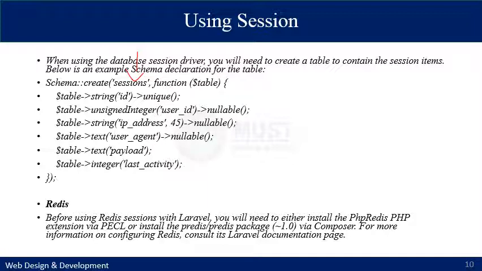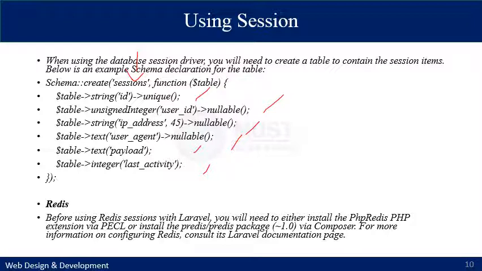The first field is an ID, which is unique for each session as specified earlier. Then there is a user ID and an IP address, which can be null in both cases. Then there is a user agent, which is the kind of browser being used,